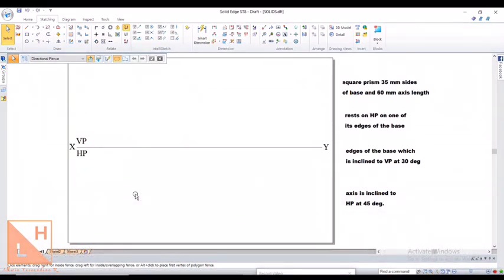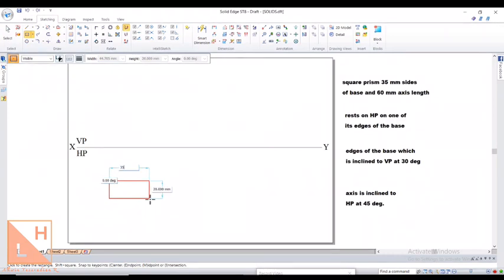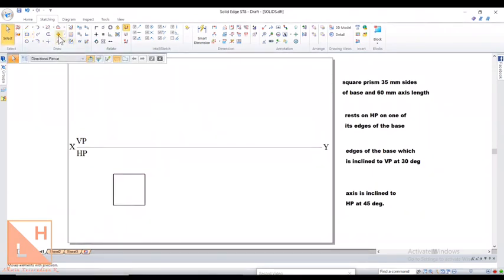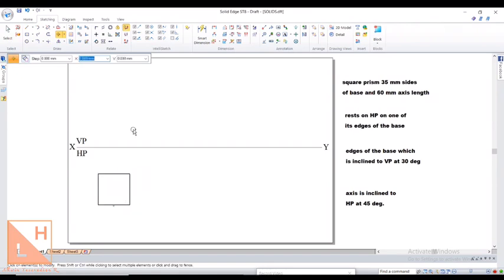So now it is a square prism, so the top view of a square prism will look like a square. Let us draw a square using this rectangle by center option. You can type 35, 35 and the angle that you are supposed to give is 0. If I place it in this manner, it will be a corner condition, and I want edge condition, so you can give the angle as 0 degrees. And remember the square has to be drawn with a dark line. You can just place it properly, because a solid is going to occupy more space in your page. The space has to be managed properly in the page that you are using.